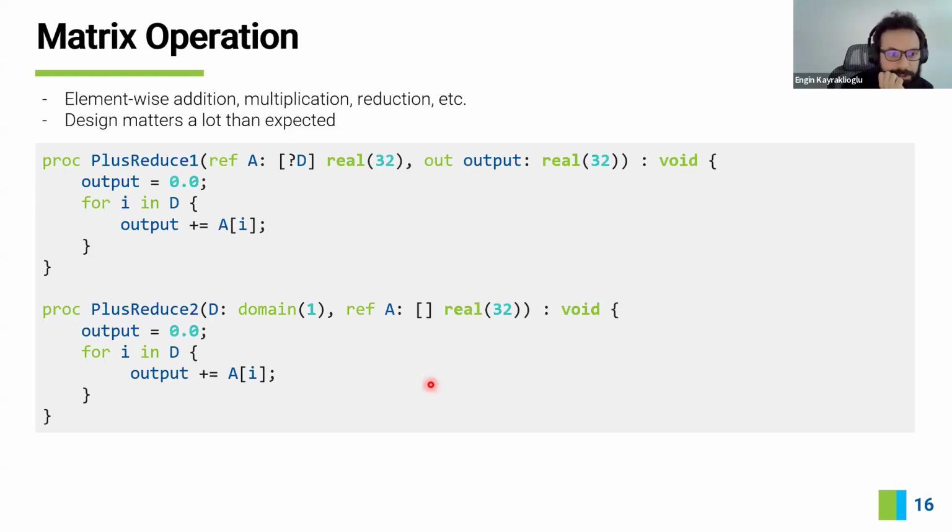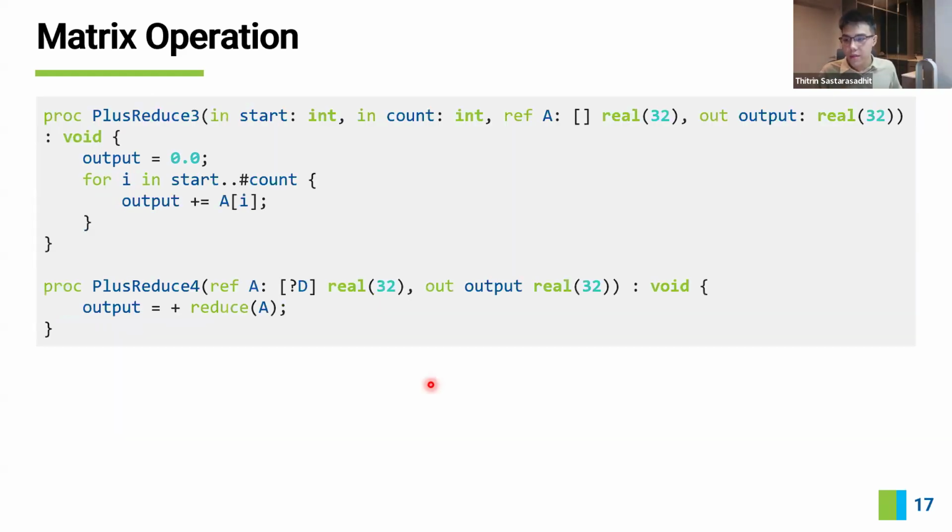What was the fastest version? I think it was in the next slide, plus reduce 3. The fastest version is this one, the third one. I see. That's interesting. Yeah, I think it would be really